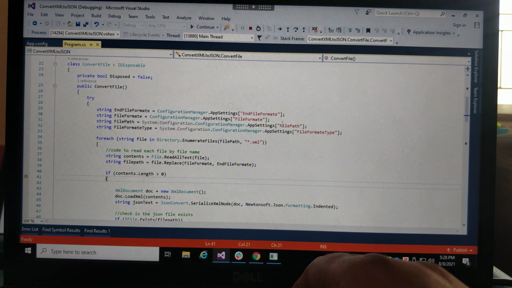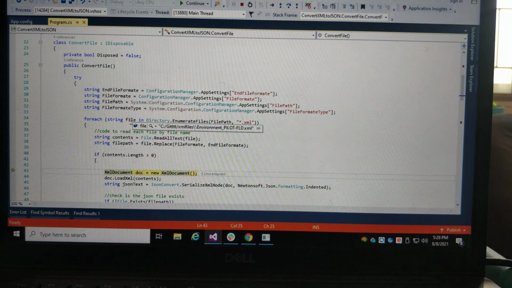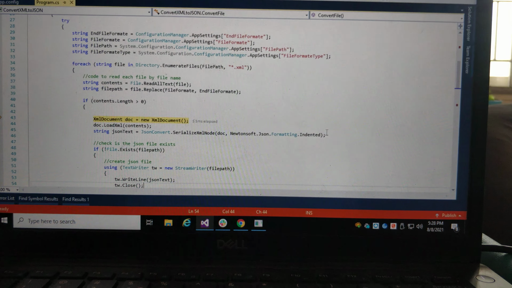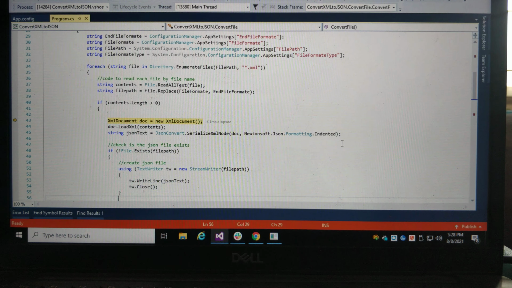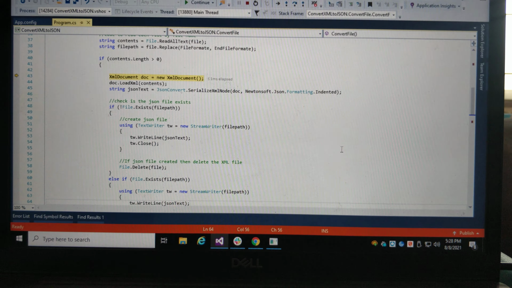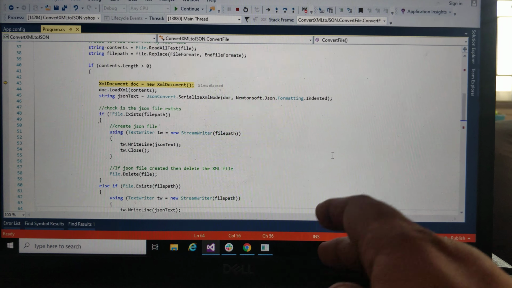Now we are dealing with another XML file. Now the first file got recreated as JSON. So why did we get the issue? I don't know, I might have opened it in File Explorer, and for that we might face that issue.